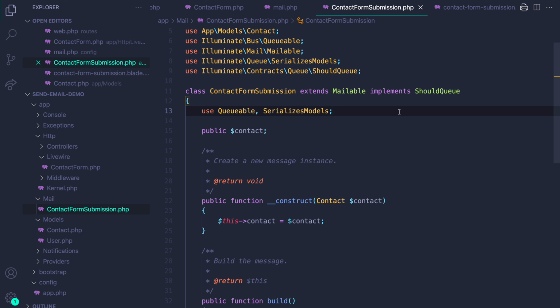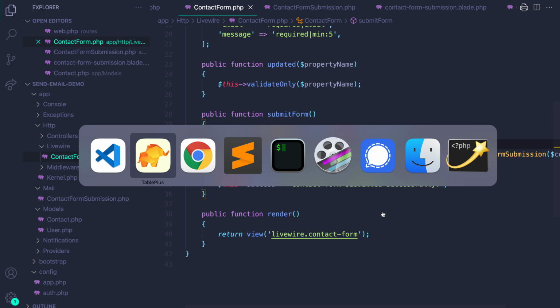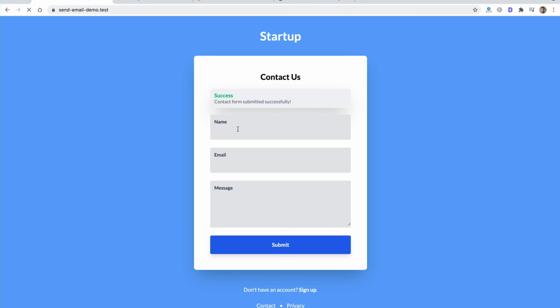If you want to make sure that this is working correctly and actually see the completed and failed queued stuff, you can install Laravel Horizon. But for the purpose of this video, this should suffice. It's also worth mentioning that our test will actually check that this is queued. So let's check that this still works. Let's do